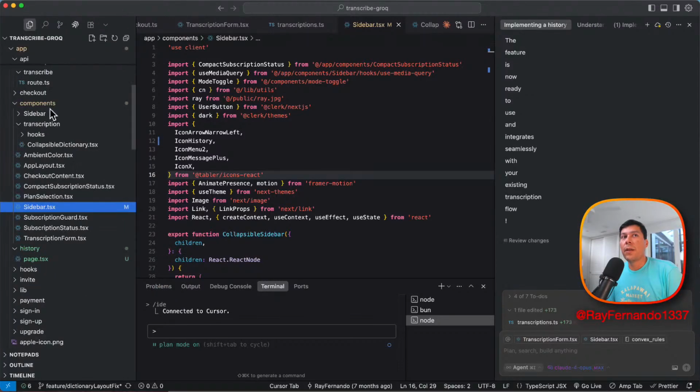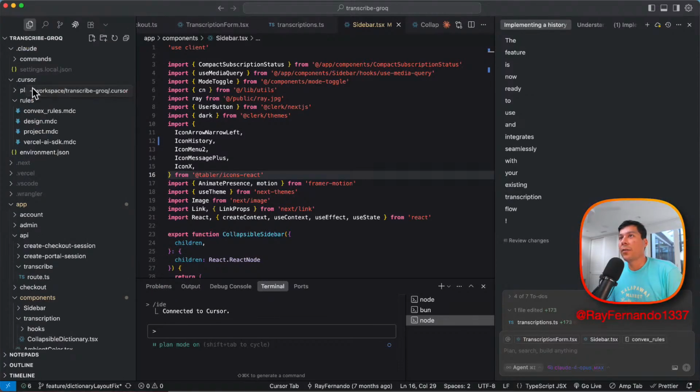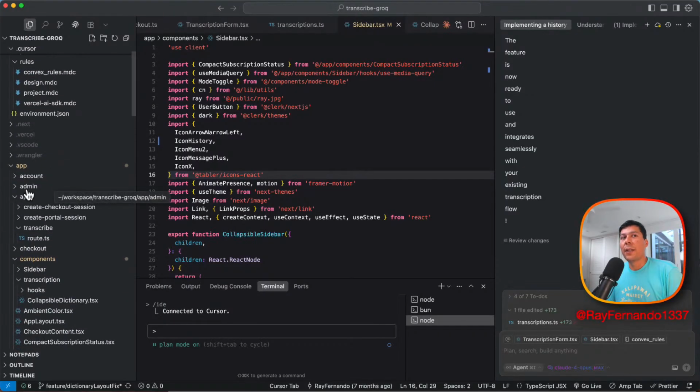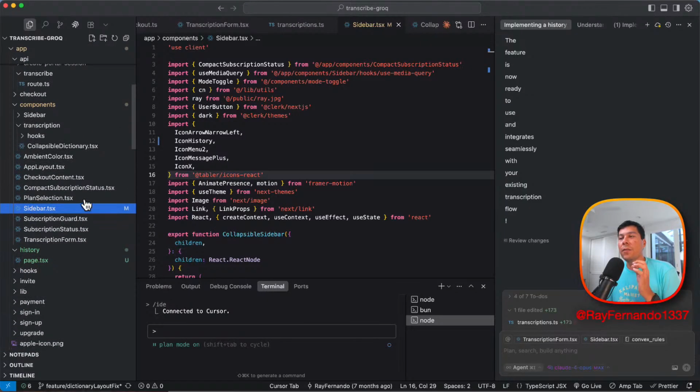If you have these markdown .cursor rules files, you can place these exact rules files inside a specific folder like API. So every time you write any code in the API route, Cursor will find it and follow the rules. This is very helpful if you have a monorepo, which has many repos inside of it.